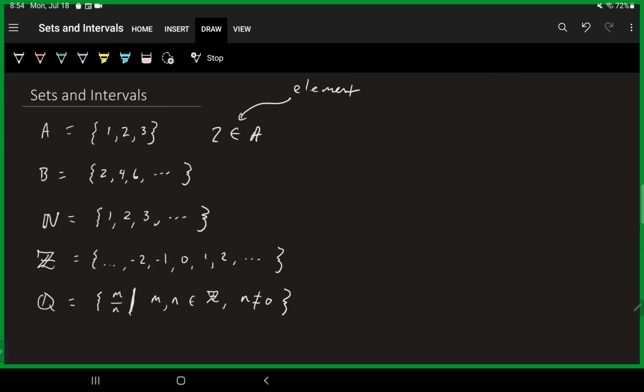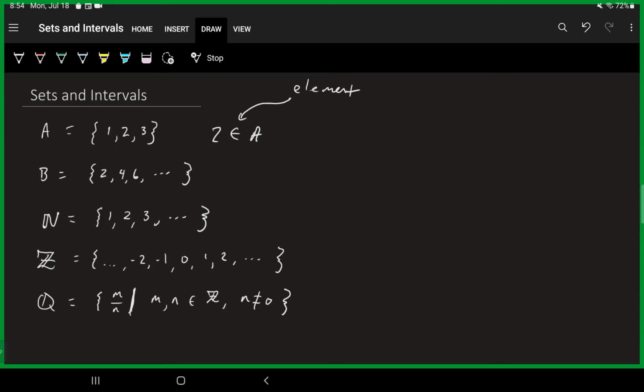I'm defining the set B as the set containing 2, 4, 6, a comma, and 3 dots. Those dots are called ellipses. That means that the pattern continues, and it's the set of all even numbers. So sometimes we have sets that are finite sets, which contain just a finite number of elements, which means we can list them all. And we have other sets that contain an infinite number of elements. And we have a pattern that we can establish. And once we establish that pattern, we can use these ellipses to suggest that it continues on. I could not write all those numbers. There's an infinite number of numbers there.